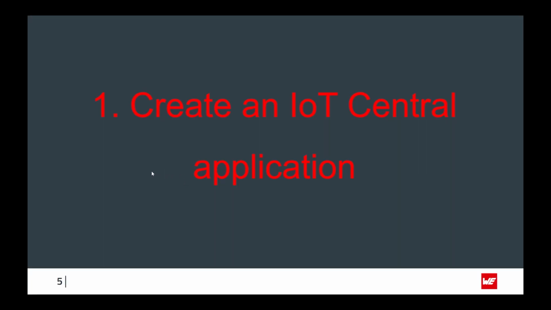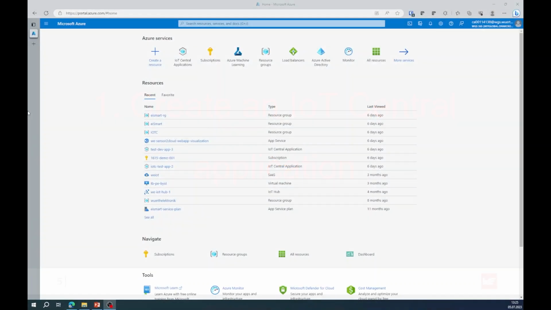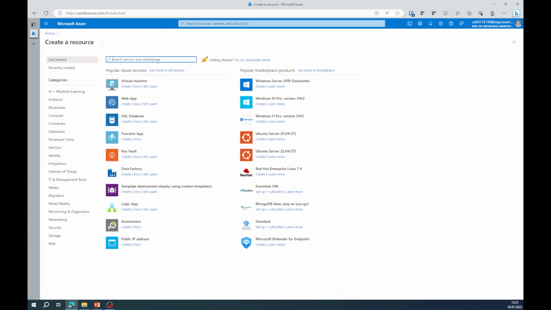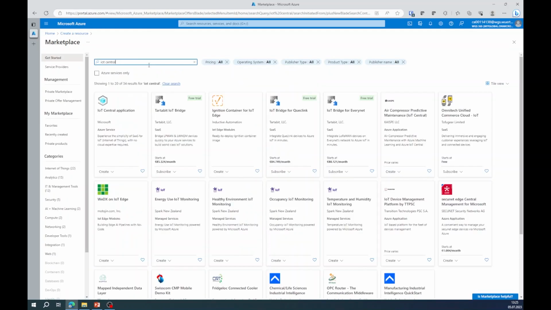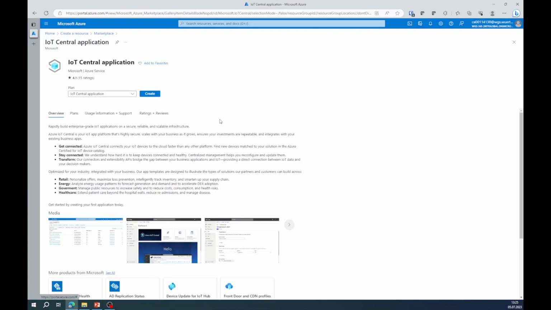Step 1, creating an IoT Central application. In order to create an IoT Central application, open the Azure portal on a browser and log into it. I have already logged into my Azure account. I'm now going to create a new resource. In the search bar, type in IoT Central, and from the results you get, click on the IoT Central application. Here you get a description of what IoT Central application means. Click on Create,